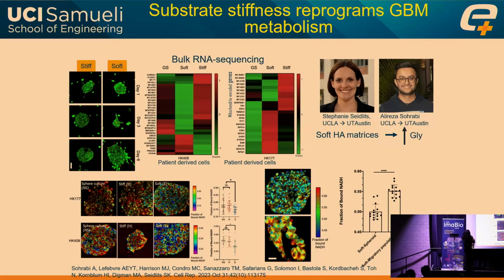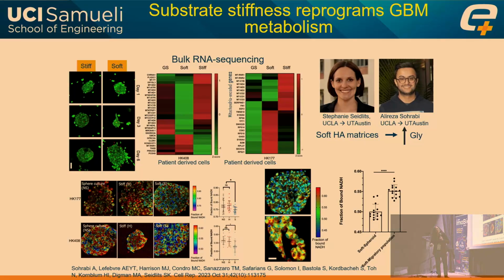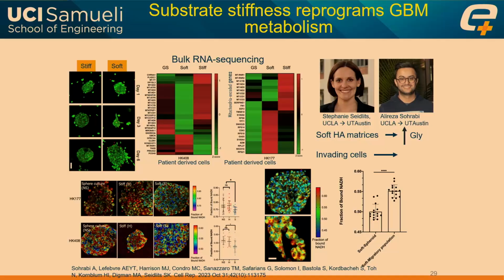However, my students said, let's take a look at the cells that are migrating out. So instead of just looking at the tumor itself, let's look at the cells that are invading the tissue. And what we found is that these cells that are in the soft material increase their cellular metabolism to be in the more oxphos state. So while the tumor itself is more glycolytic, the cells that are migrating out have a different metabolism. So you would completely miss that information using bulk RNA-seq data